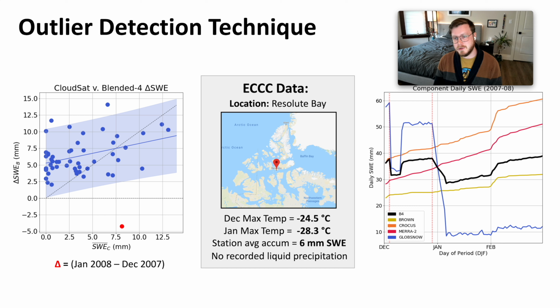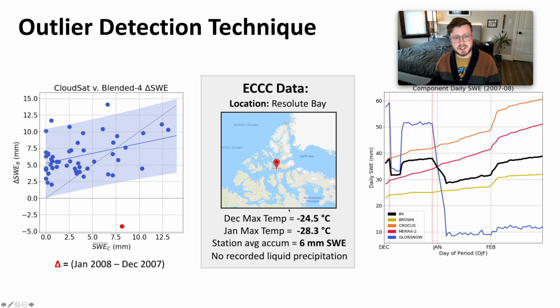And that is in blue, which is GlobSnow in this case. I've marked the starts of these meltdown events with these dashed lines here. What we typically would expect to see is the slow accumulation of snow, but there's something very odd happening in GlobSnow, which is then affecting the black line, which is the blended 4 daily SWE on ground estimates over this period. And we were able to actually trace this issue in GlobSnow back through its assimilated data